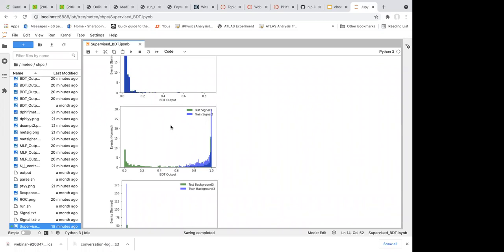Okay, so this answers the question we previously asked: is it the case that the more complicated the hyperparameters, the better? Obviously here we already have one answer: this is not the case. So you should use as strong a hyperparameter setting as possible, but at the same time you have to keep an eye on the training-test comparison to make sure that you don't see a strong overtraining.